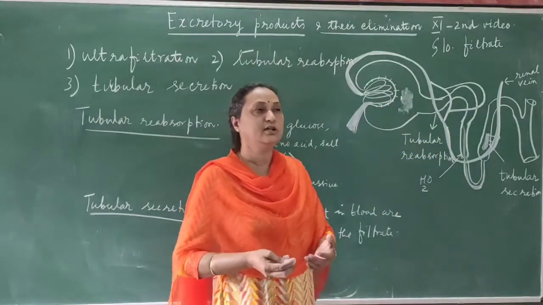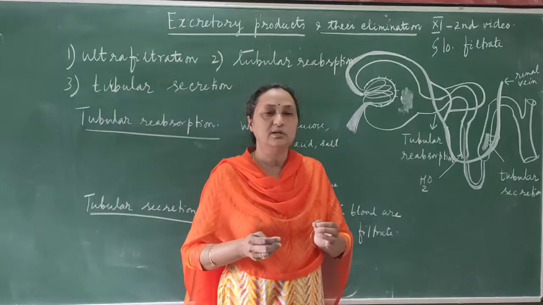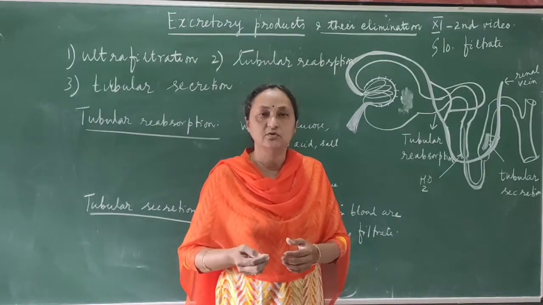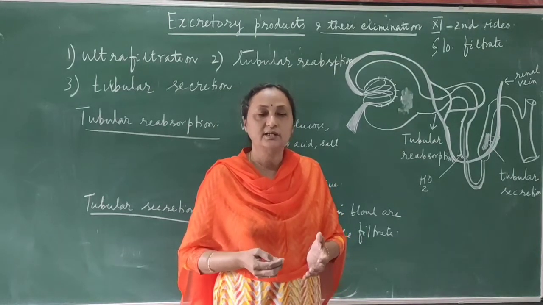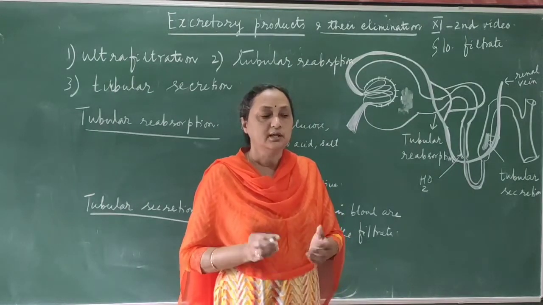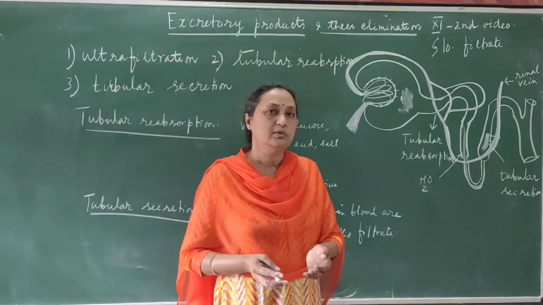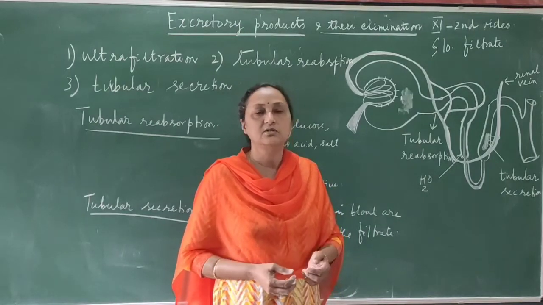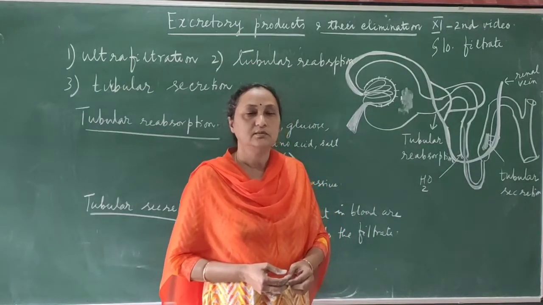So ultimately you can find that per day only 1 liter to 1.5 liter of urine is produced by the body or expelled out of the body. And the remaining amount of water and the usable compounds are returning back into the blood. So this is the way how urine is produced in the human body.